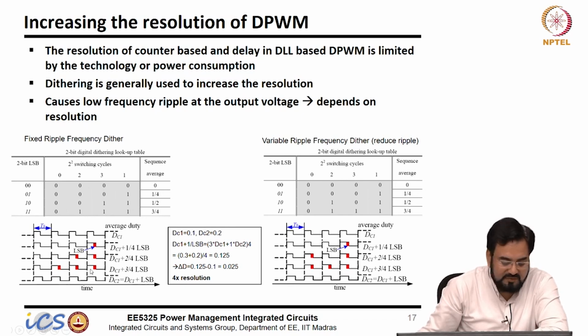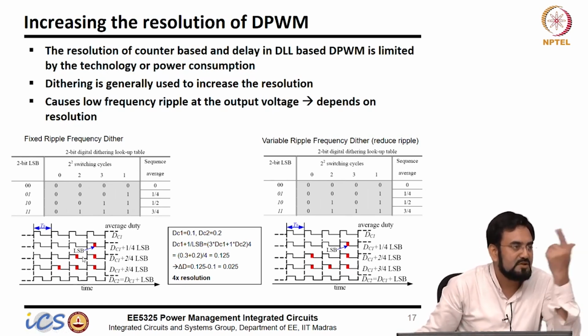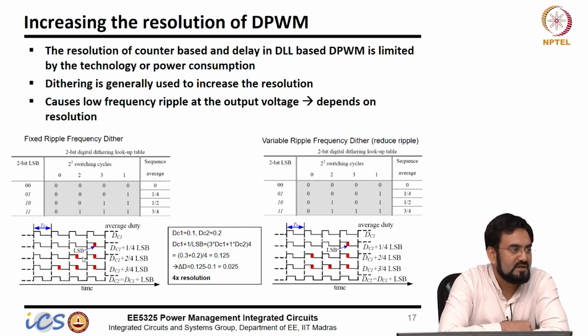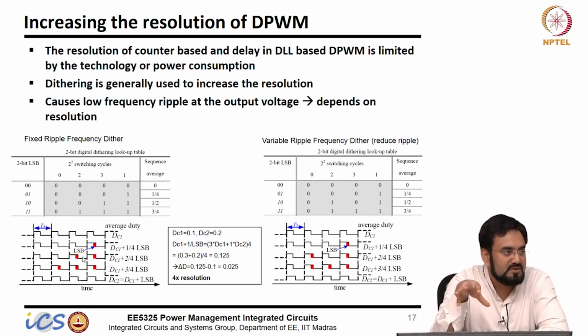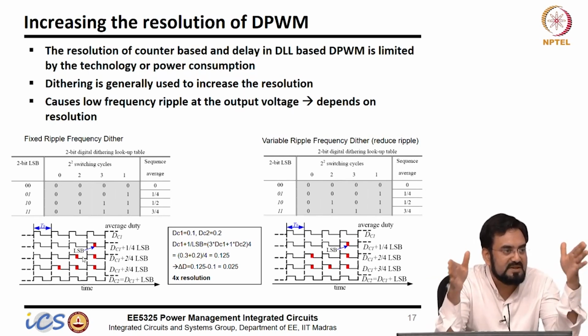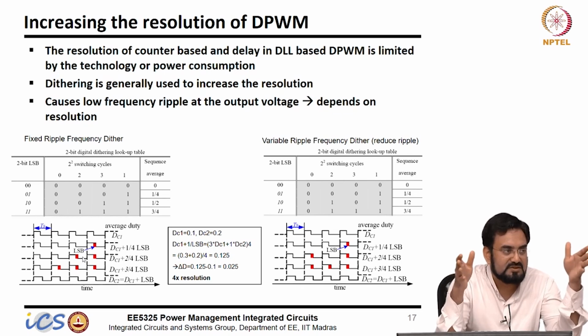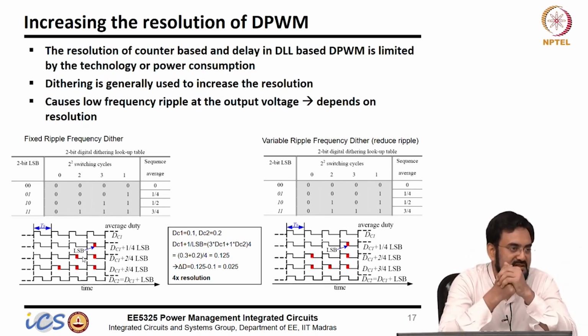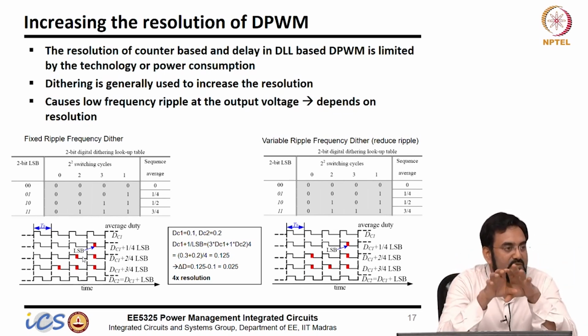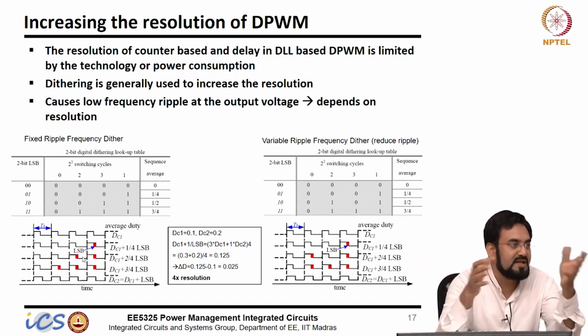So because the total is 4 cycles of this, but the same thing I can achieve by doing 1:1. So what if I do, let's say, 2:2? If I do 2:2 and 1:3, the number of cycles will remain the same in total in the dithering frequency. So your dithering frequency remains fixed, but depending upon the level of dither, that is the frequency you will require. You may require 10:1,